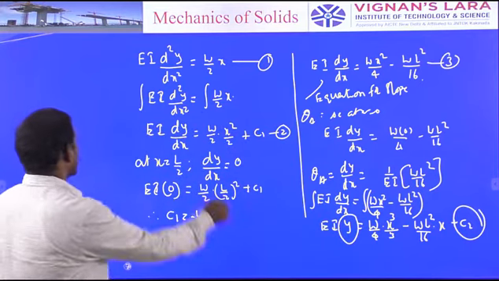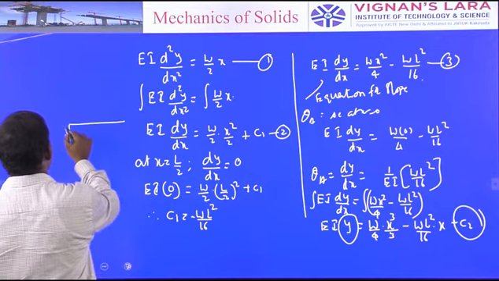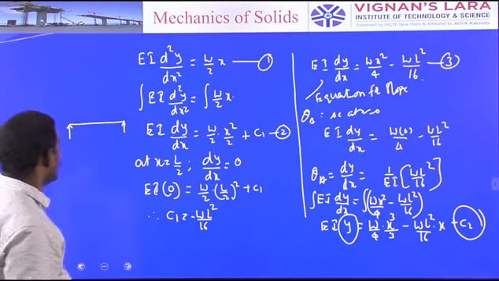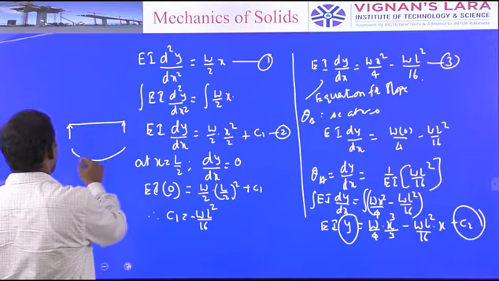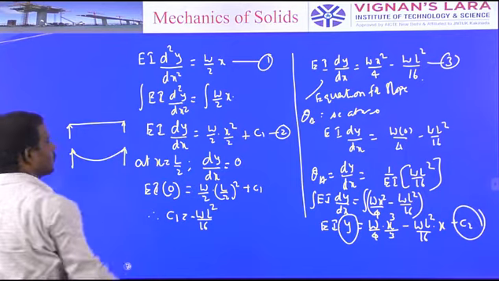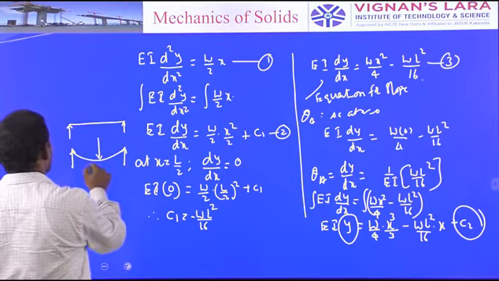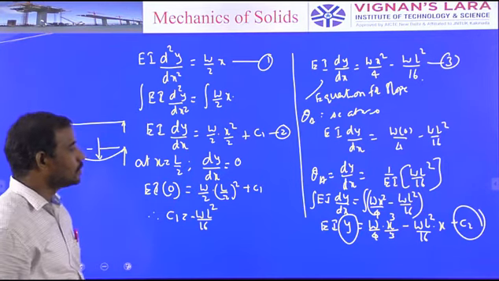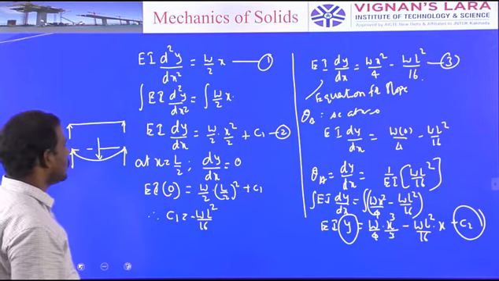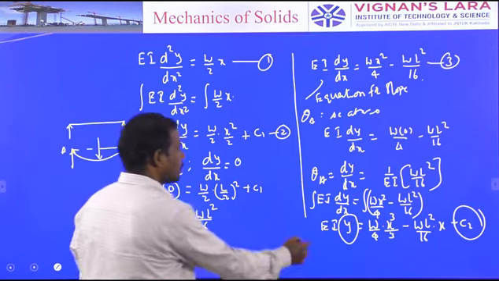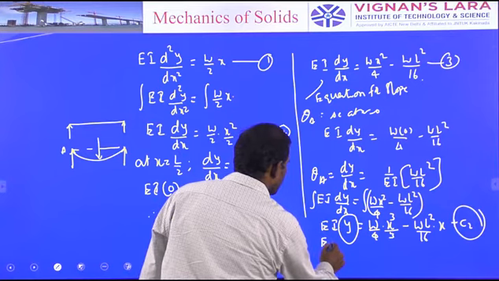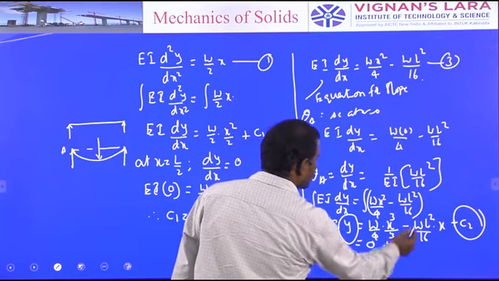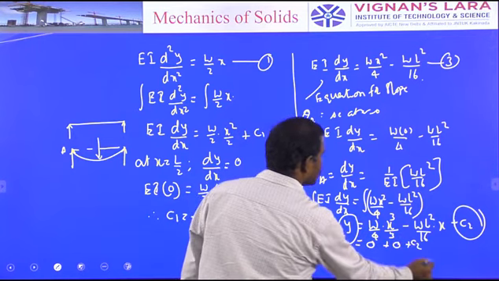Here we have to find out the C2, which is related to the y value, where y is the deflection. For example, this is the simply supported beam. It is the position of the simply supported beam before applying the load. Whenever load is applied, it would be the curve. So the deflection at A is 0, it means that x is equal to 0. So at x is equal to 0, the deflection is 0. Simply substitute: EI into 0 is equal, this term becomes 0, as usual this term also becomes 0, so C2 becomes 0.